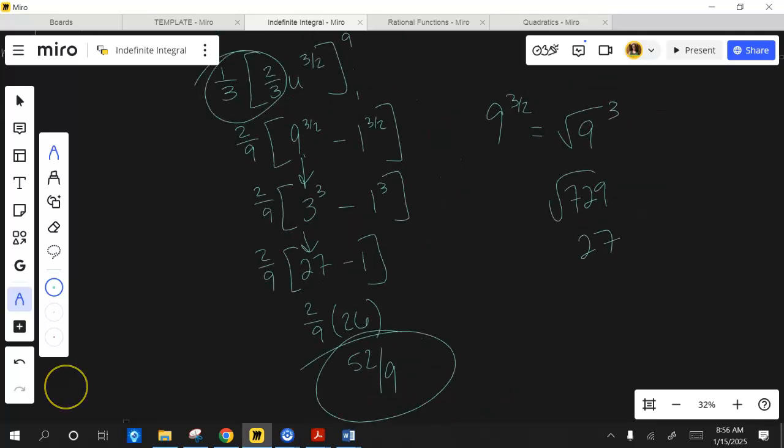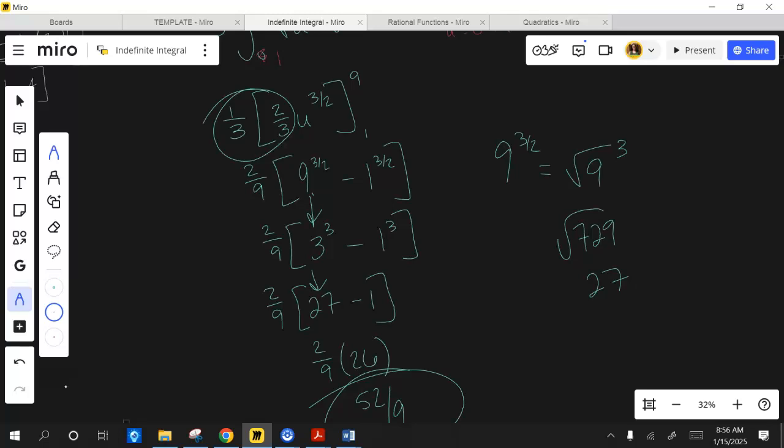I'll do a few more. Remember, the denominator of any rational exponent is the root that you are looking for, right? So what this is really asking is the square root of 9 and then raise that to the 3rd power. Well, the square root of 9 is 3, and 3 to the 3rd power is 27. So that's where the 27 came from. 1 to any exponent doesn't matter, it's just going to be 1.